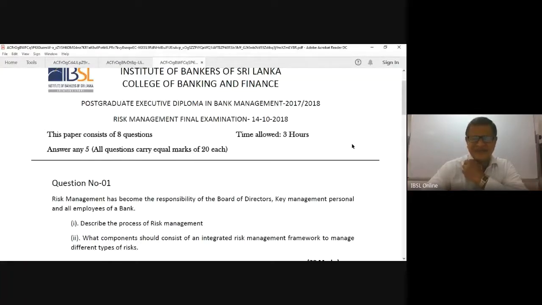So it covers the entire syllabus, and each section of risk management that we have indicated in your syllabus and what we have learned so far will be covered in these questions. Some are very direct questions, whereas others need a little bit of understanding. So my personal advice on facing an exam of this nature requires your concentration